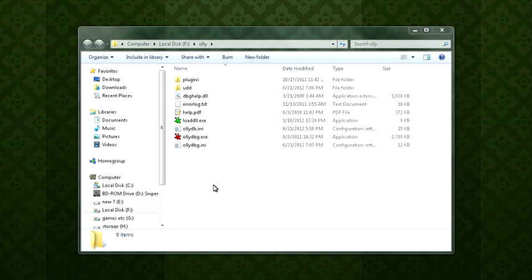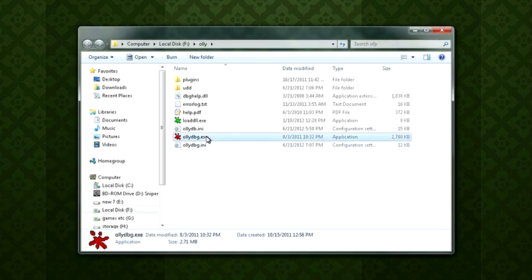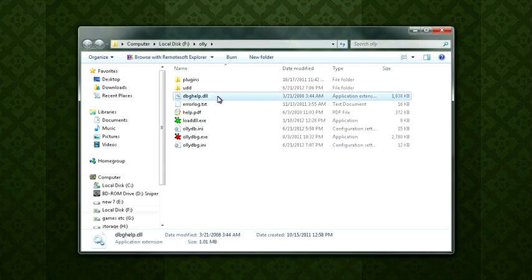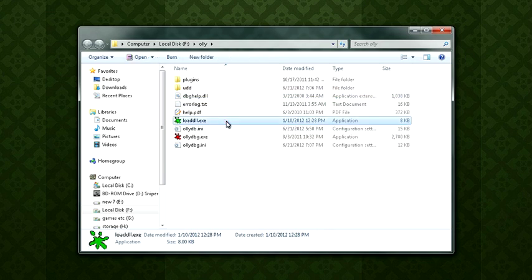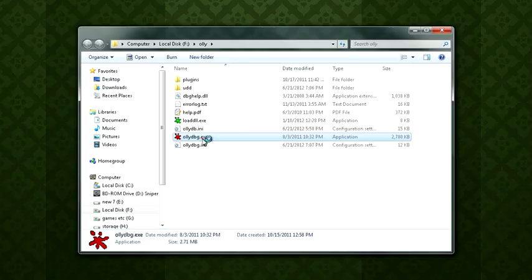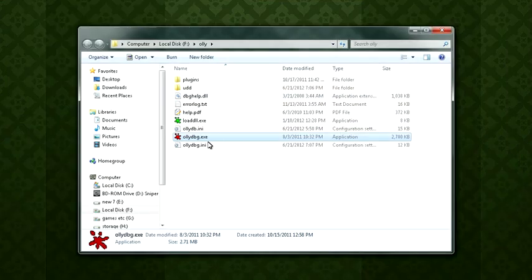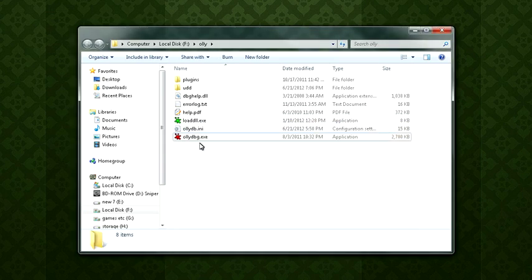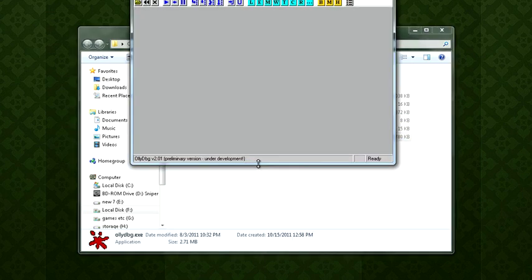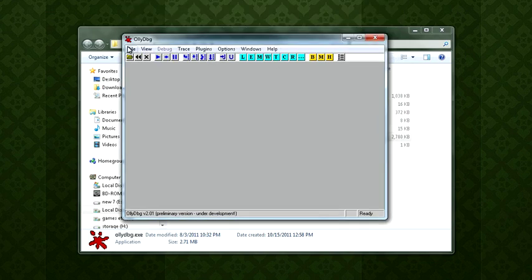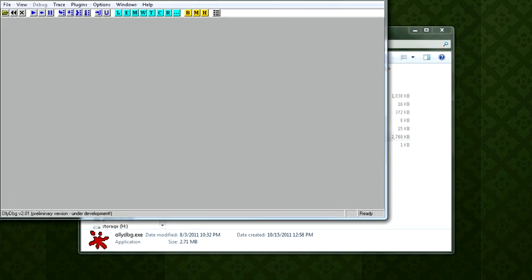So when you download it, you're going to have probably an exe, a help file, and a help DLL. That's probably all. Load DLL might be in there, but I'm not sure. It might be. I downloaded this a long time ago. So the first thing, you run it. It looks something kind of like this, but it's more than likely going to look like this. It's going to pop up in a tiny little screen. And yeah, it's going to be all gray.